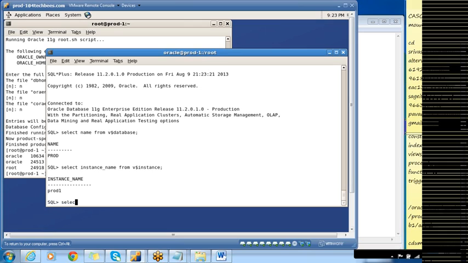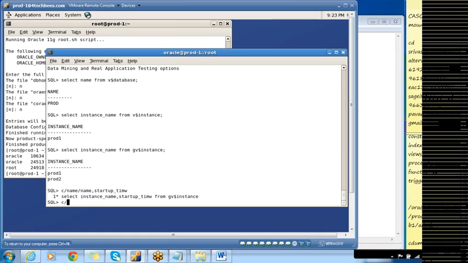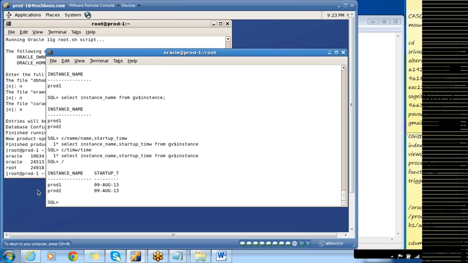But here to get the instance name, we have to go for GV$ instance, which will give us the information about both the instances, prod1 as well as prod2. You can see both the instances, started 9th August 2013. So we'll have additional GV$ views, which will give us information about all the instances which are part of the cluster.